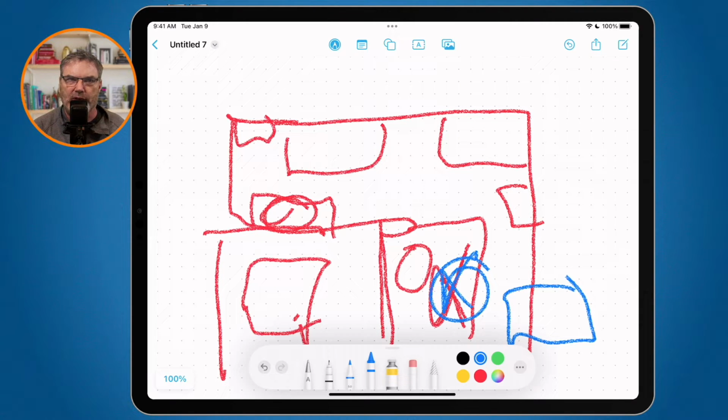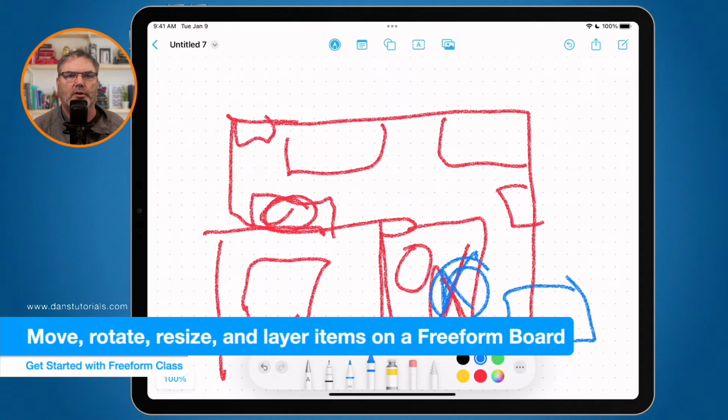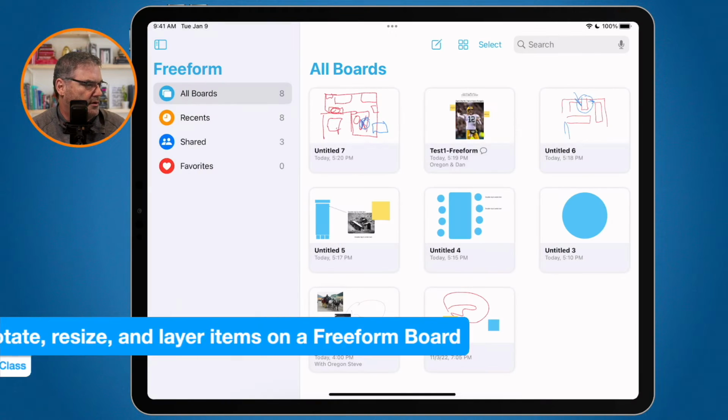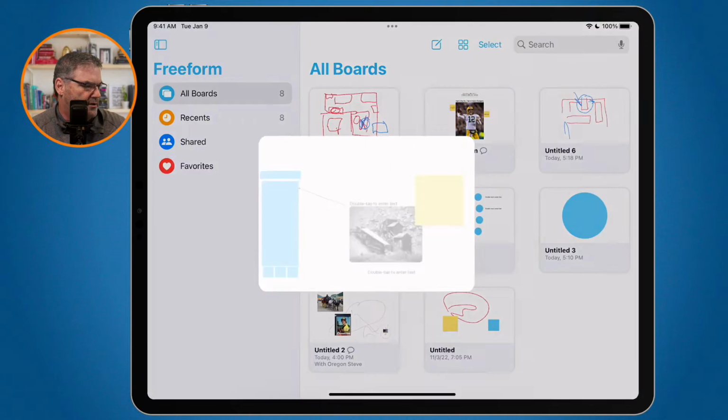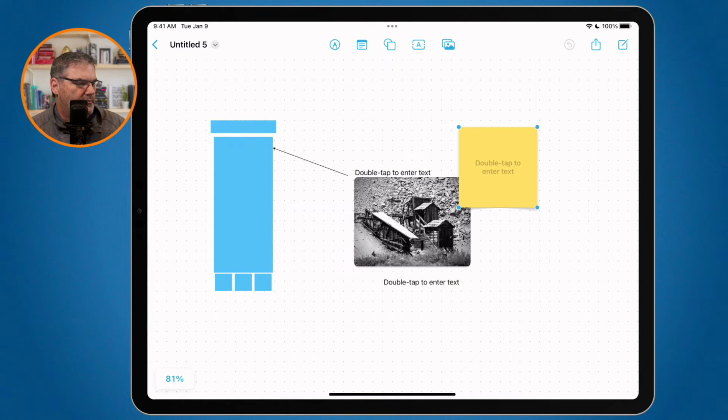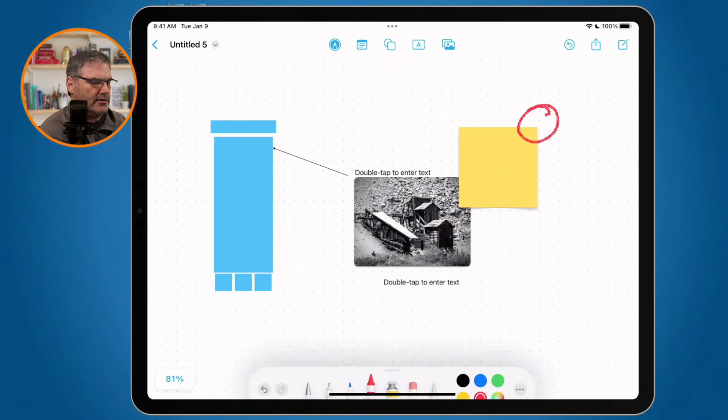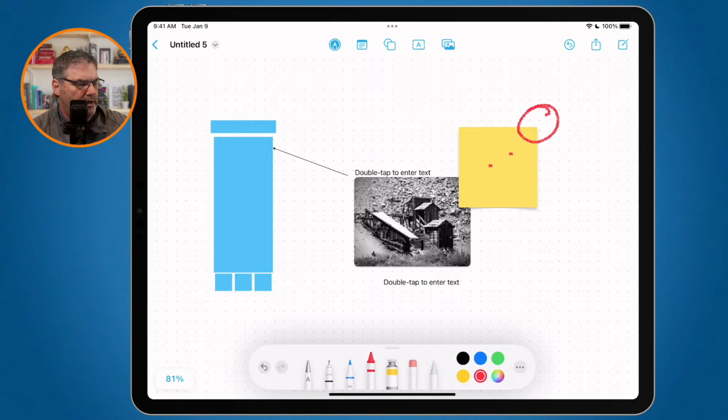The next thing that you may want to do is move some of the stuff. You want to resize it. You want to layer these. When I go back over to this one here, I want to take this and have it over on top of the blue. Well, as you can imagine, you're going to see we have the little blue handles here. And what I'm able to do